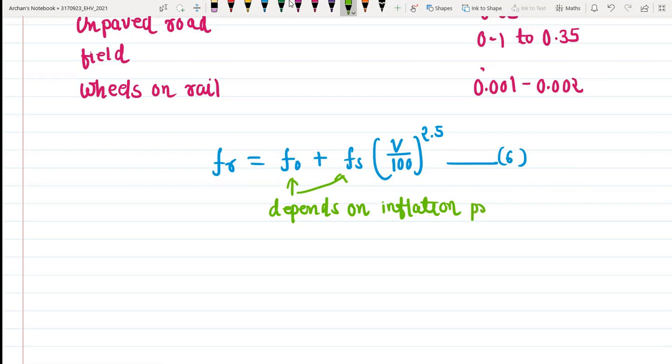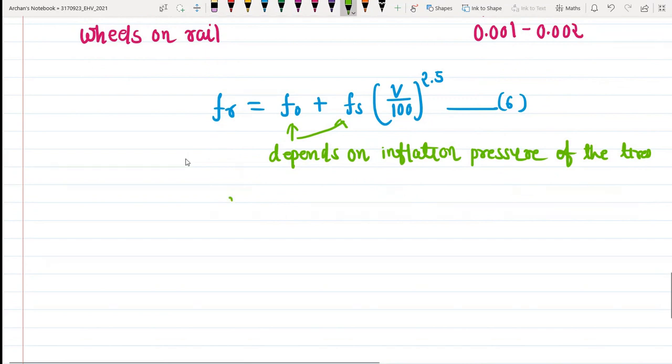Okay, so in vehicle performance calculation, it is sufficient to consider the rolling resistance coefficient as a linear function of speed. For the most common range of inflation pressure, we are using the following equation,